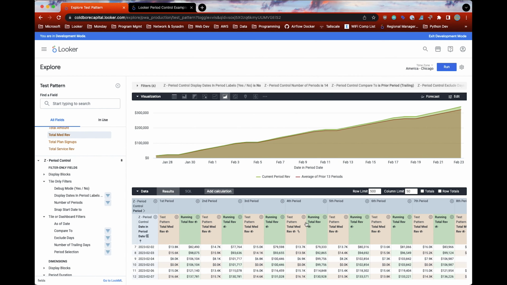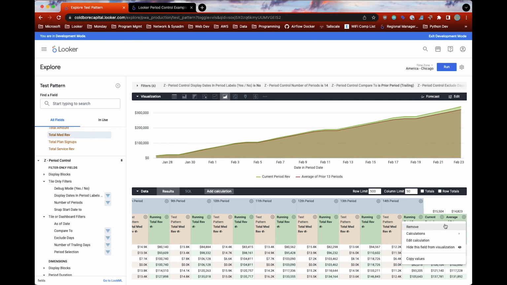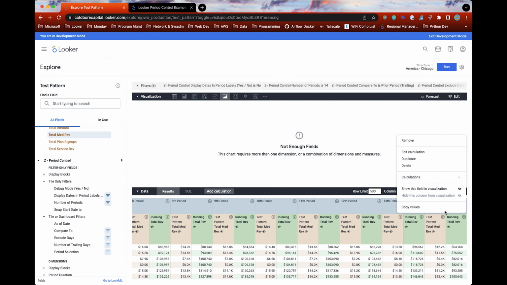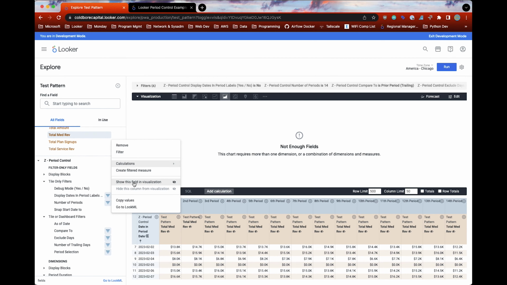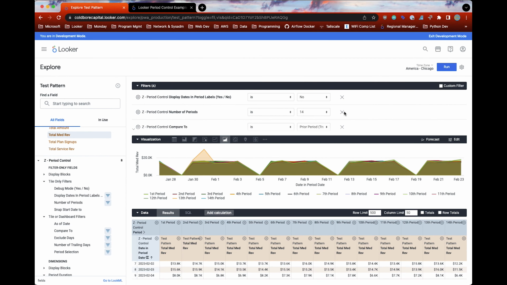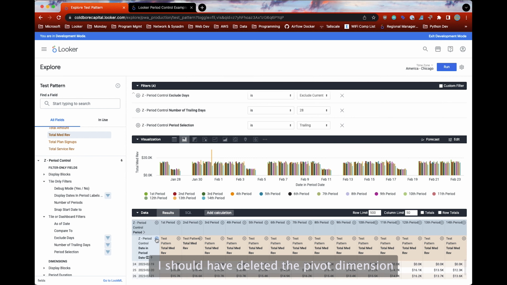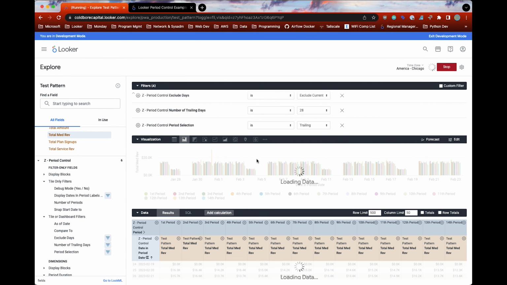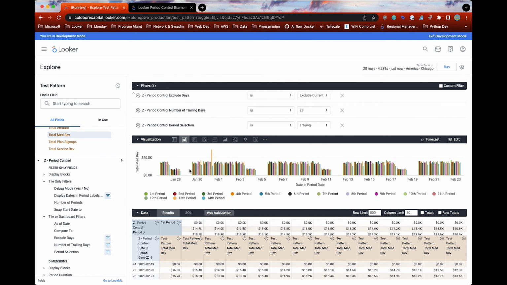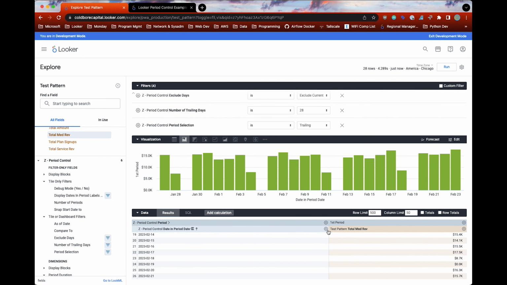So I'm going to go back here and I'll just get rid of my calculations. I'm going to get rid of my number of periods and compare to. So I'll be left with trailing 28 days, and I'll just make this bar chart. And then I'm going to change this. And at this point, we can run this and it will work just fine, controlling this chart despite not having multiple periods. Now, if we change this to, let's say,